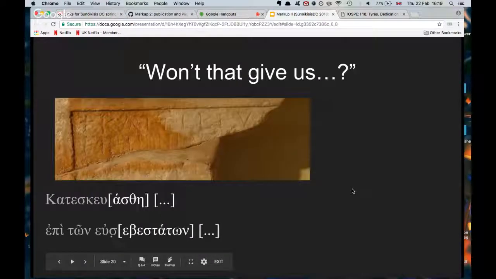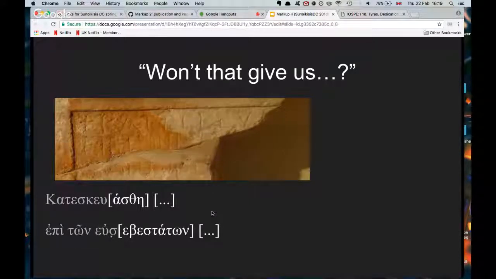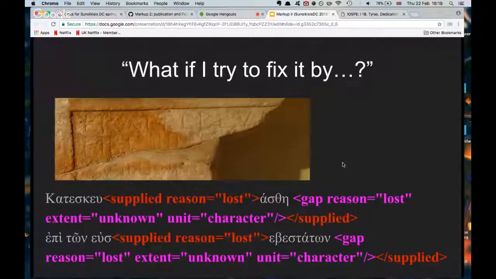So if we mark them both separately, because they mean separate things, wouldn't we end up with something like this? Having the restoration and the gap next to each other, but having these middle brackets in the middle, which we wouldn't expect to see in an edition. So one way we might think